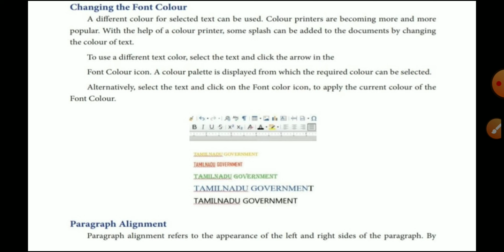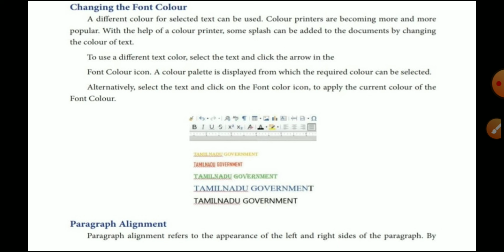Maybe you have a computer, which means you have to install LibreOffice software, not MS Office software. Install LibreOffice and try out these options on your computer or laptop itself. What is the software? LibreOffice. Search for it on Google and download it from the website, they also give it in your book. Just download it from that website and use it on your computer or laptop.